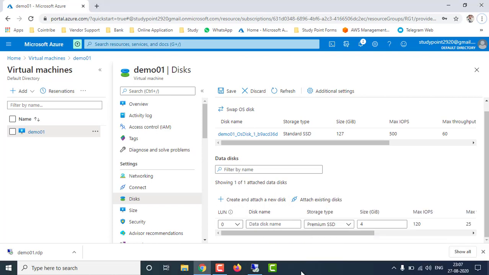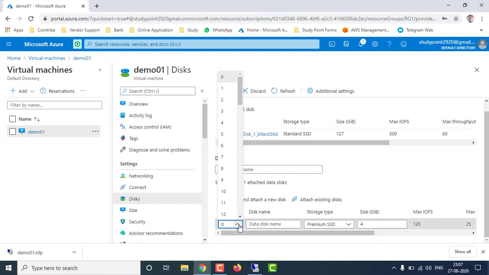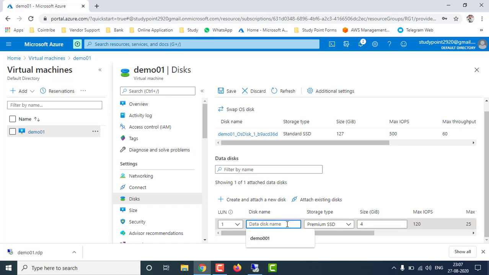So now we have to create a new disk. After clicking on create new disk, it will ask you for the LUN number. If you want to assign any LUN number, you can assign it here, like 1, 2, 3, 4, 5. You can assign it according to your requirements, or you can put 1 or 0, anything you can put here. Like I'm going to use 1. If you want to enter the disk name, you can enter it here, extra disk,